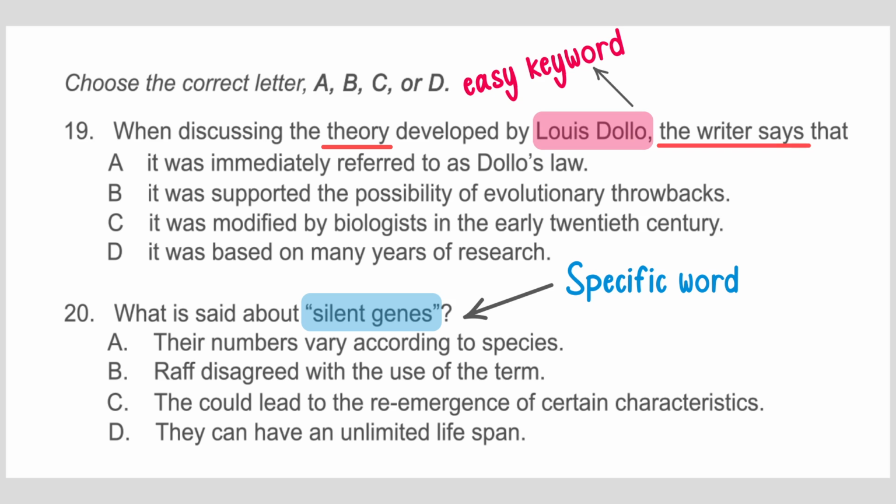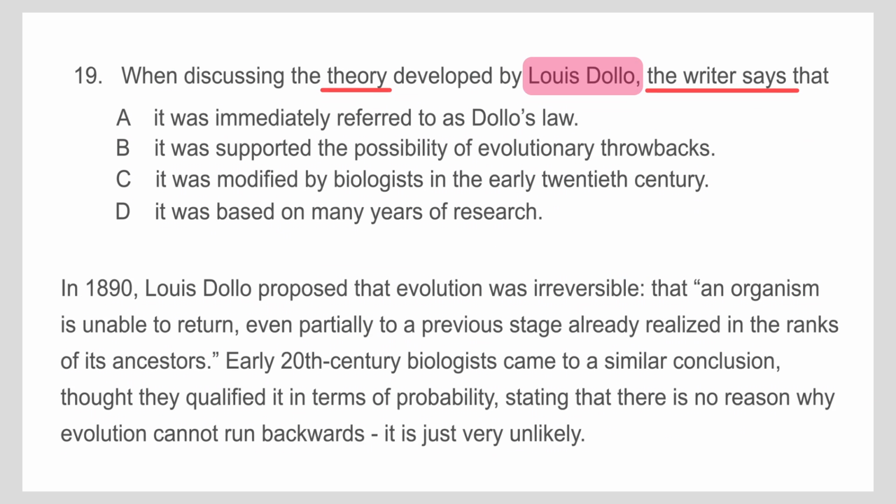Now, we try to, first of all, answer number 19. When discussing the theory developed by Louis Dolo, the writer says that... Now, in finding the name, we come across a paragraph in which the name Louis Dolo is mentioned at the beginning. In 1890, Louis Dolo, as you can see here. All right, now,